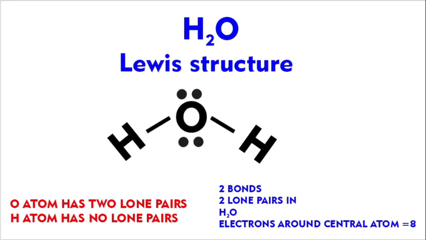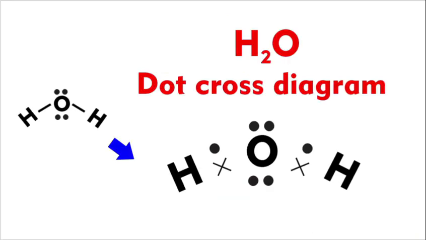So this is the dot cross diagram. After you finish drawing the Lewis diagram, you can convert it into a dot and cross diagram. So we can show this. I am going to give oxygen dots, hydrogen with crosses. This bond represents a dot and a cross. So always when you have a bond like this, it represents a dot and a cross. So likewise,